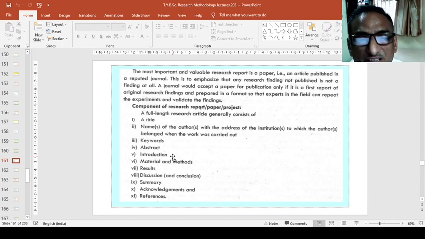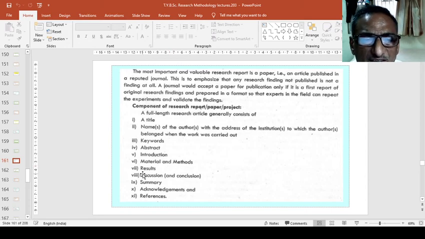What kind of work, where to work, how to work, material and methods, what materials you have used and what methods you have followed. Then the final findings are your results. Then your discussion and conclusion. Whatever introduction you have written, whatever references you have given, you discuss with your results and the findings of that particular author in the discussion. Finally, prepare a short summary.